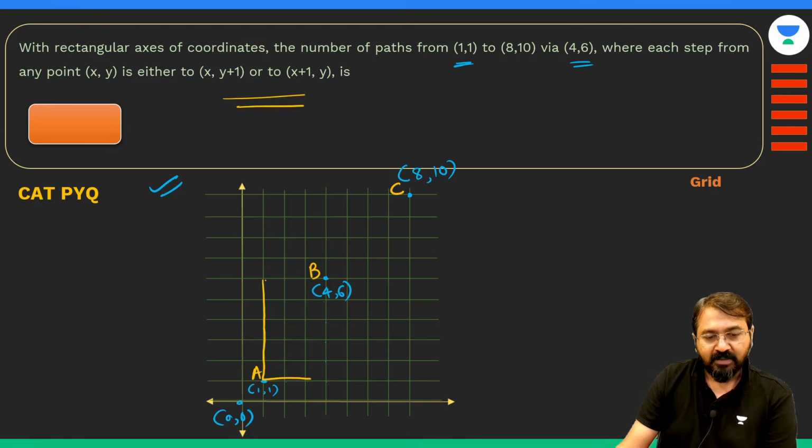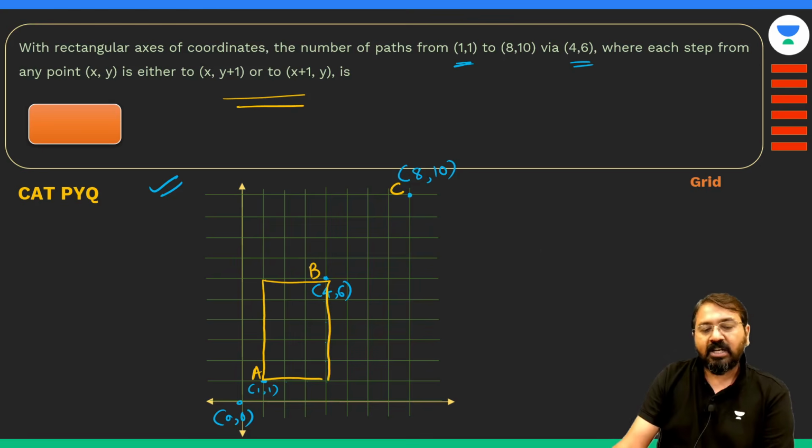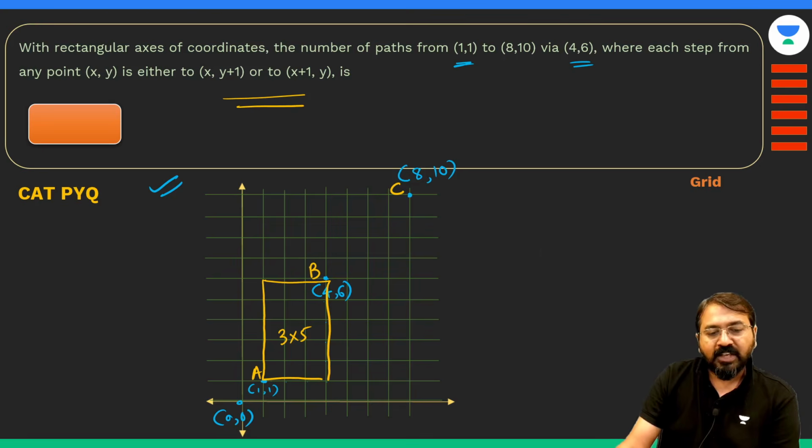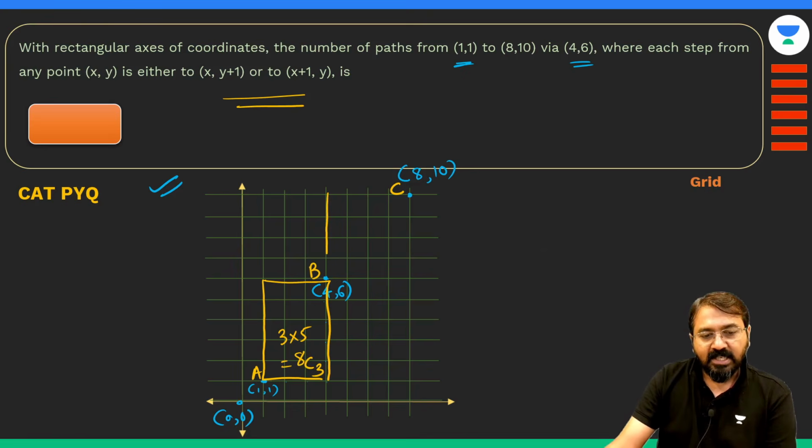तो मैं क्या करूंगा, यहां पे एक ग्रिड बना देता हूं। तो ये मेरा ग्रिड 3/5 का बन गया। सो गाइस कितने वेज में मैं ए से बी जा सकता हूं, सो नंबर ऑफ वेज विल बी, क्योंकि ये 3/5 का ग्रिड है तो नंबर ऑफ वेज विल बी 8C3। सिमिलरली मुझे बी से सी जाना है, तो यहां पे मैं ग्रिड बना देता हूं।